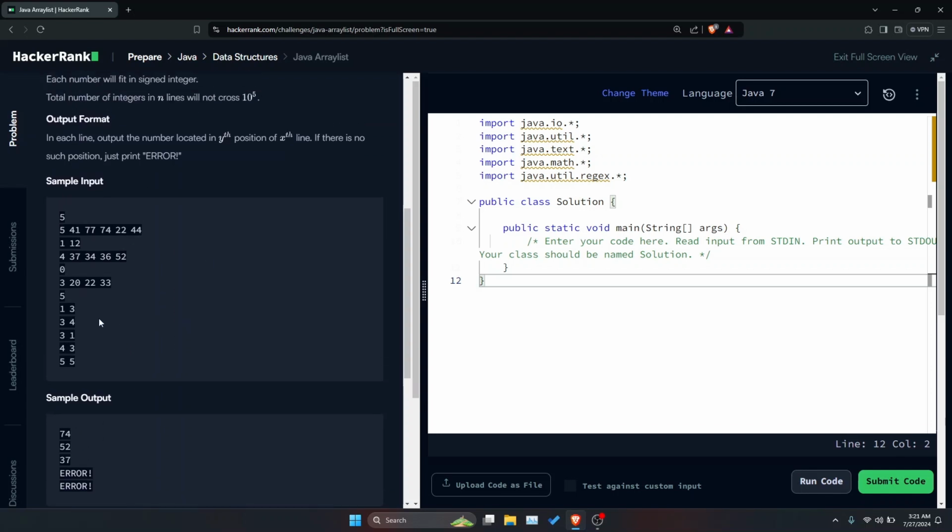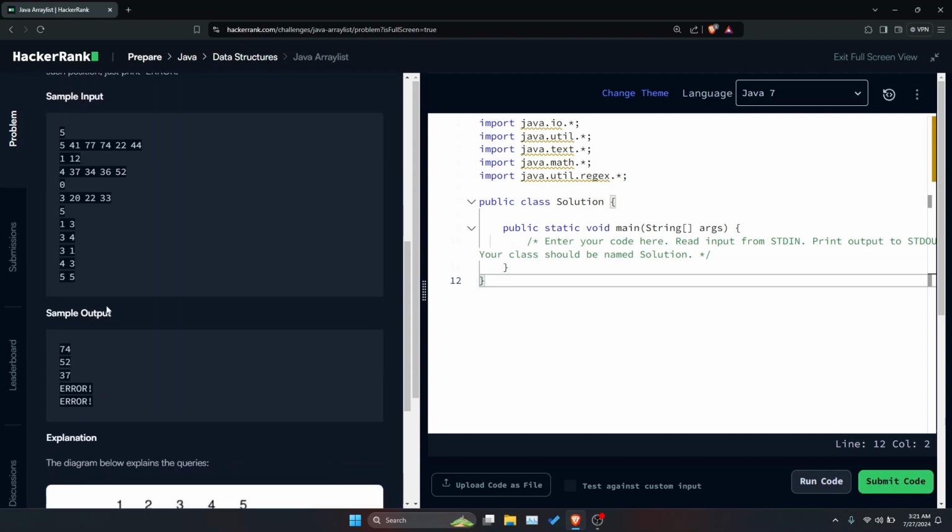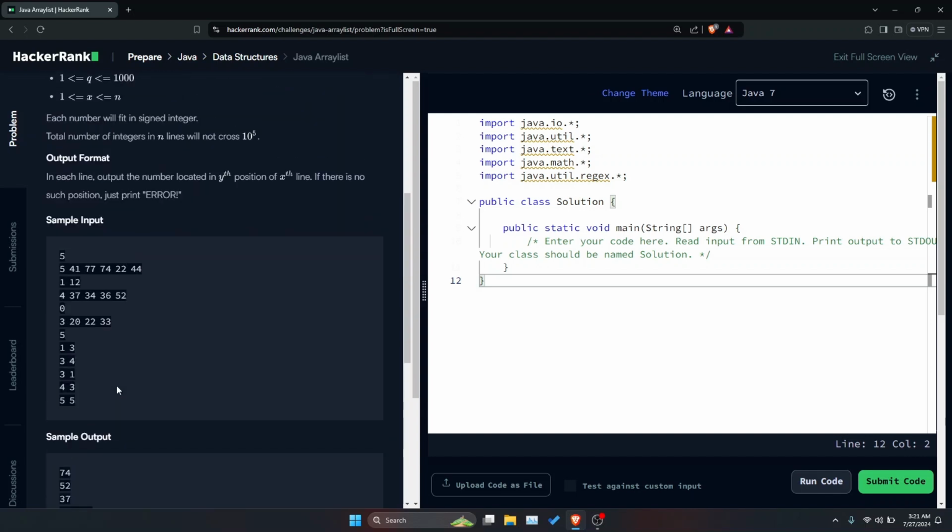And if you look at the next query, 3 4, it means third line and fourth element. So the fourth element would be 1 2 3 4, 52. So 52 would be printed over here, and it would print out error if there is no such